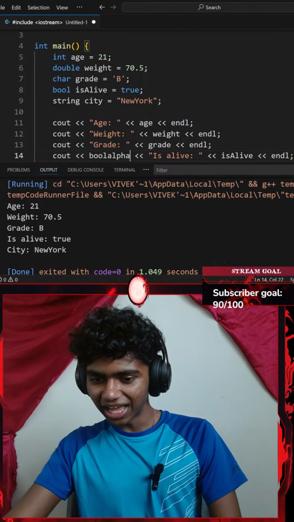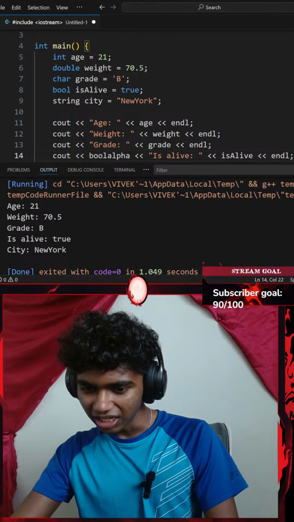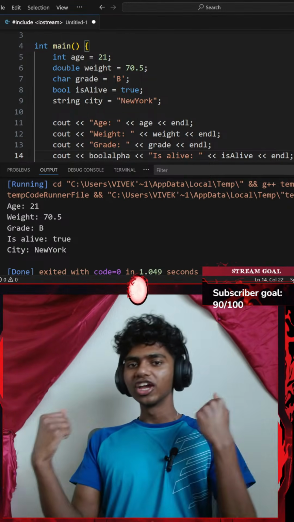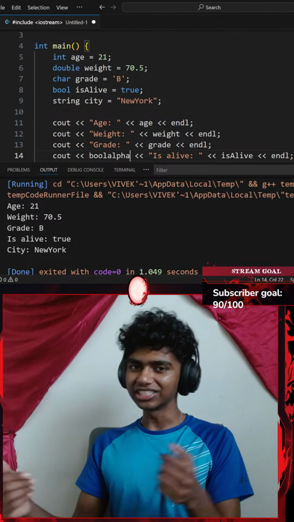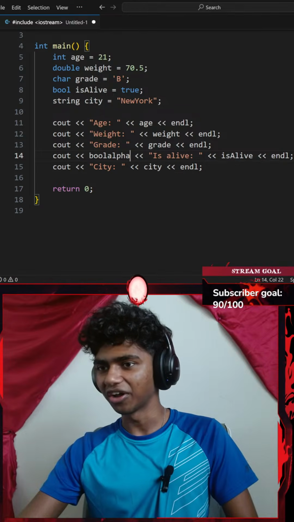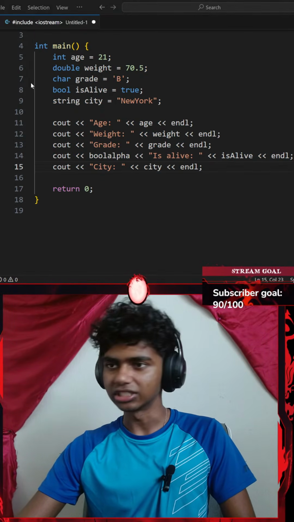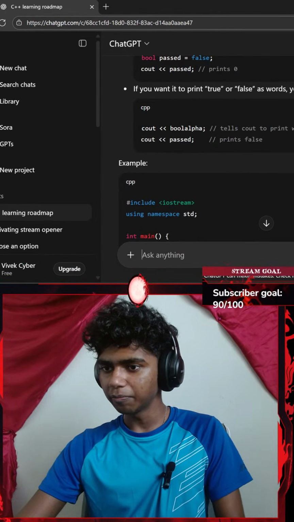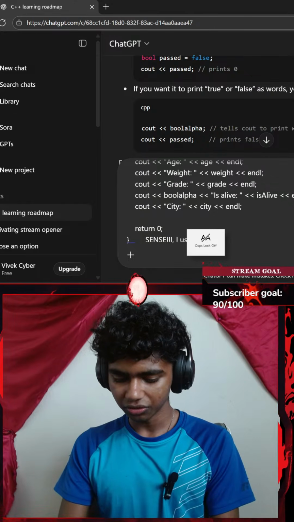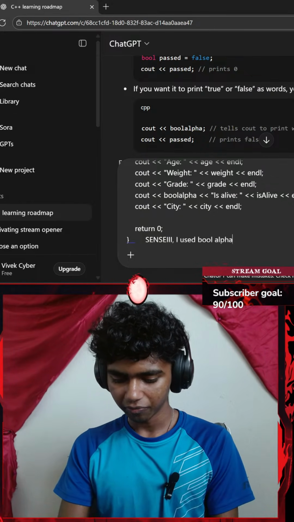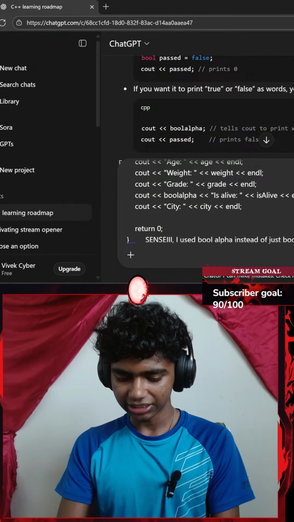Okay, cout bool alpha. Why does cout output bool as integers? Because usually when something is returned true, it returns 1, and if something is false, it returns 0. That's honestly all I understood. That said, let me go Control A, Control C, get Sensei here. Okay, paste it with a bunch of spaces. Let's say I used bool alpha instead of just bool. That said,